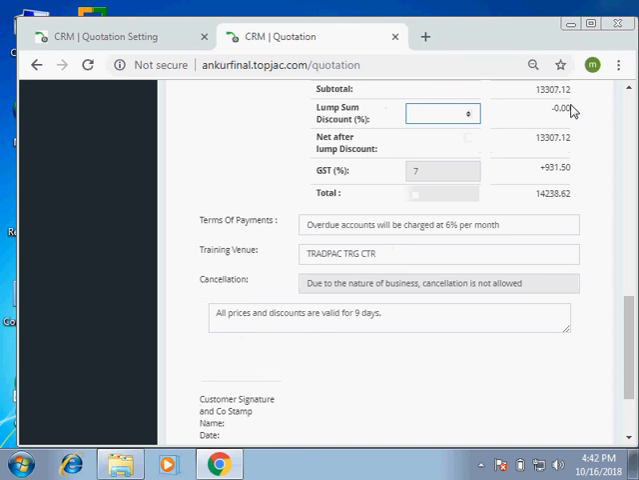13307.12. If you want to give some overall or lump sum discount to your customer, you can write it here. Suppose I have given a 5% discount to my customer. The amount will become 12641.76 after deducting the 5% discount from 13307.12. And this GST percent represents all the GST amount